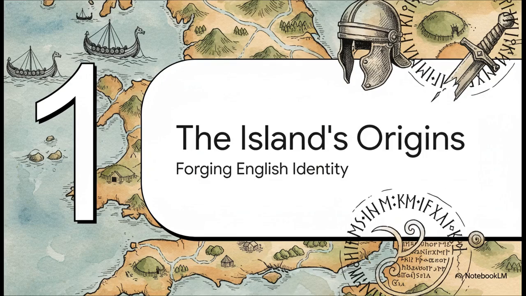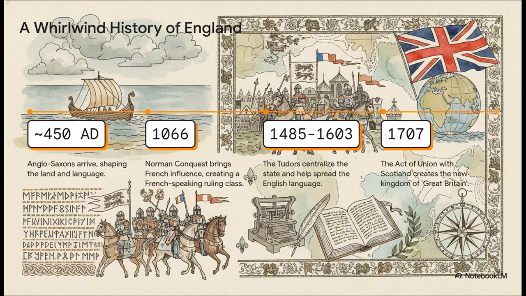Okay, so if we're going to understand the child, American English, we have to start with the parent. Let's rewind the clock a bit and take a look at how England and its language were forged in the first place. This is basically 1,000 years of English history in a whirlwind. It all kicks off with Germanic tribes, the Angles and the Saxons, who literally gave England its name and its core linguistic DNA. Then, bam, 1066, the Norman conquest hits, and it injects a massive dose of French into the language. We fast forward through some messy civil wars to the Tudors, who start centralizing the government and really standardizing English. And finally, in 1707, the Act of Union creates Great Britain, a new global power ready to export its language to the rest of the world.